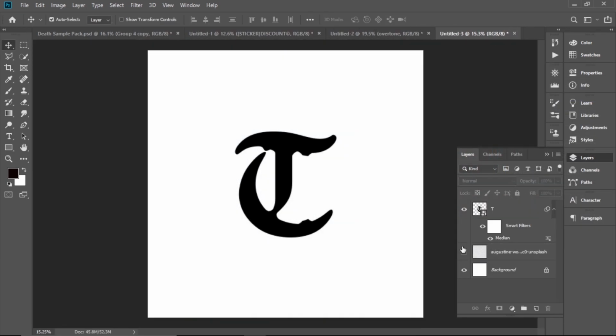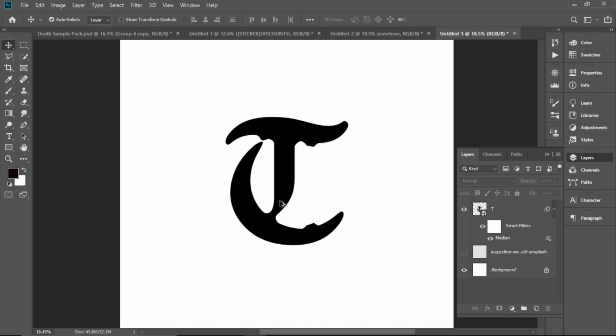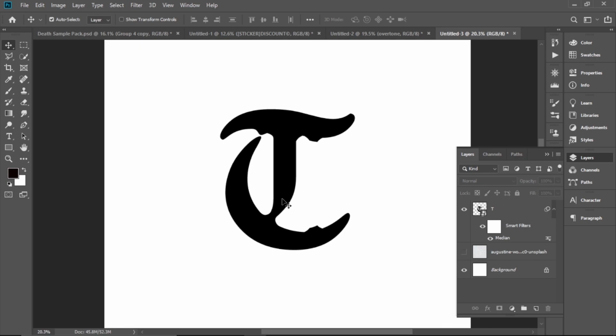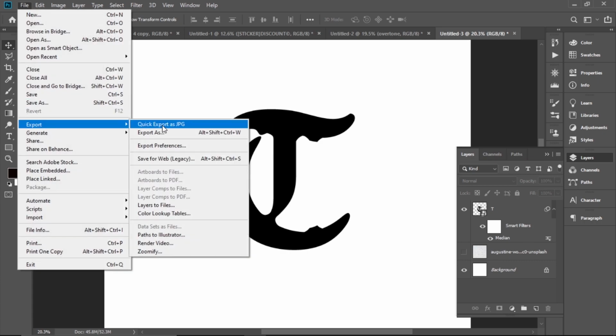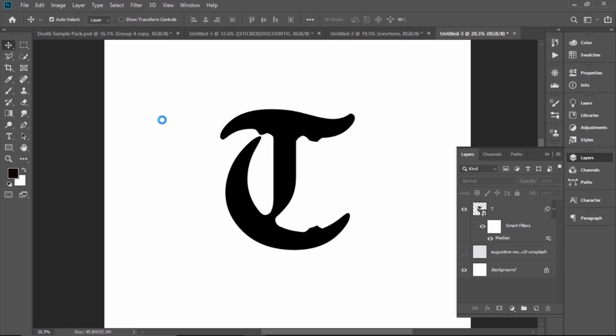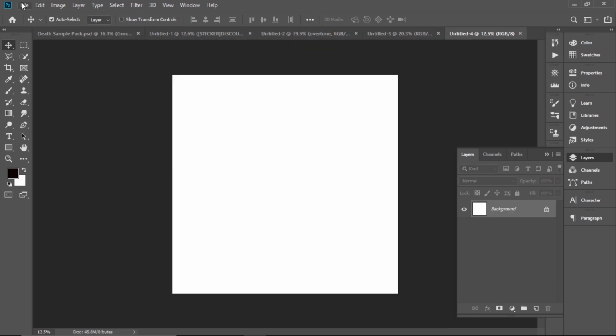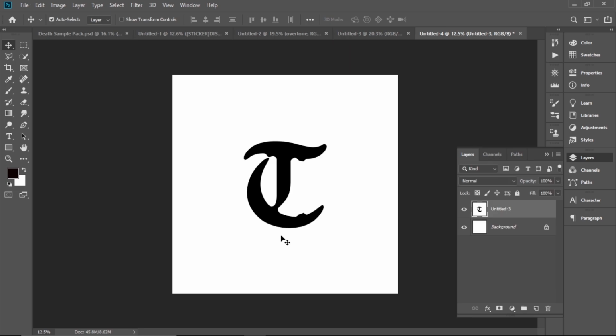Now you want to export it, so get rid of the paper texture and just have a blank white background, and you export this picture. You go to File, Export, and export it. So now you're in a new project and you just add the picture of the letter T that you exported,